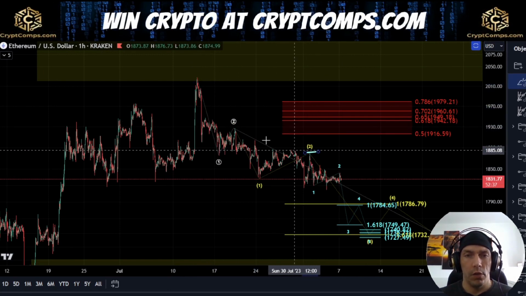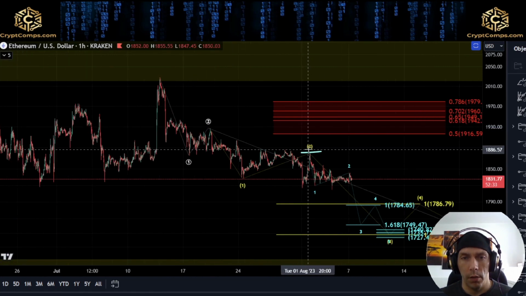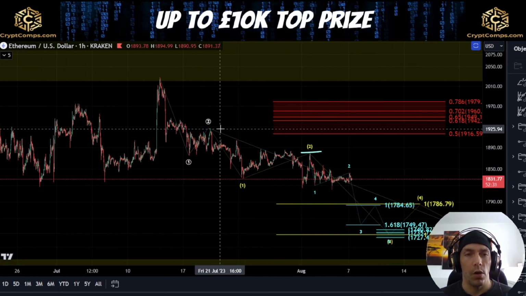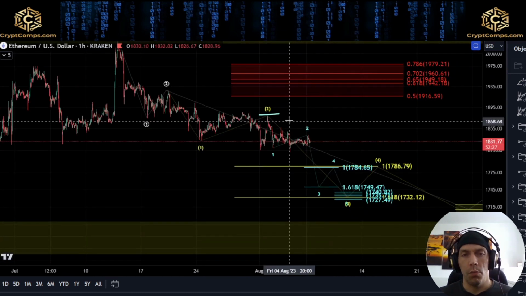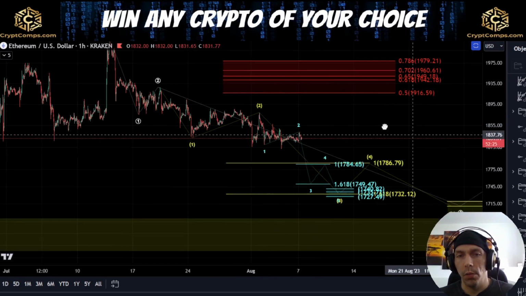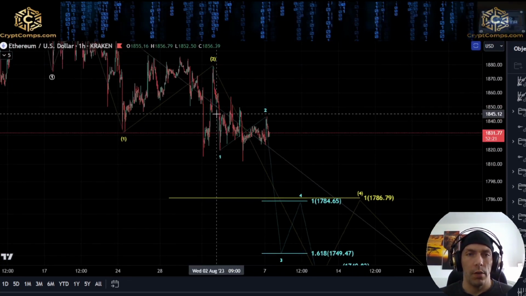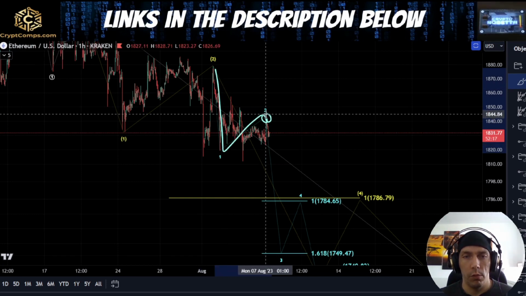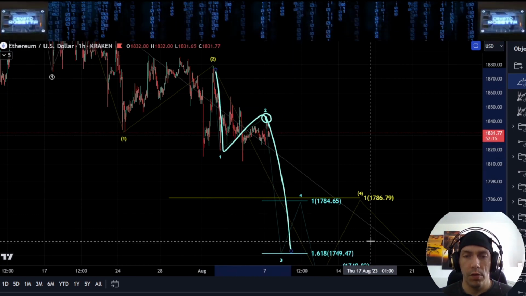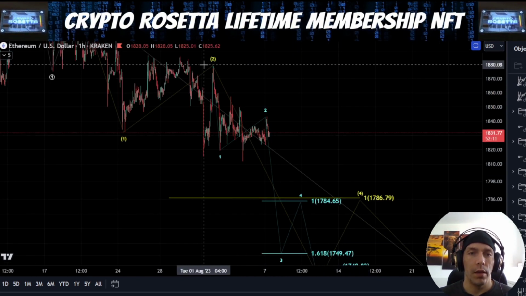Now, until we actually start breaking back above these highs here, so the first one, which would be over here towards this level of 1881 and this level here of 1928, until we actually break these highs, we need to be very careful that if price starts to break down in a bigger way, what we could actually have is that this is still forming as an impulse, where this becomes our wave 2 over here. And then we see price looking to break down towards this 1749,